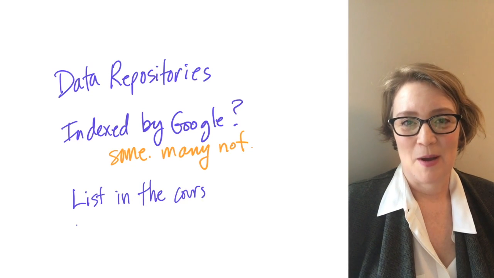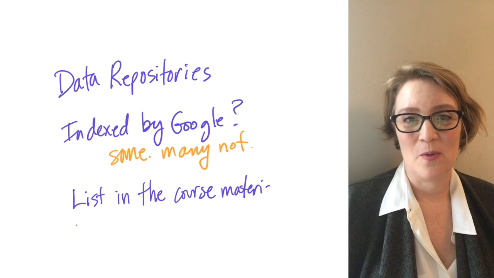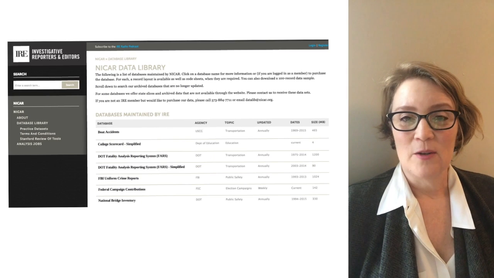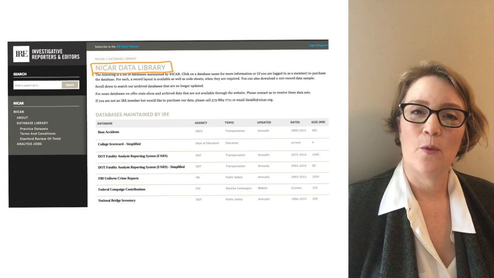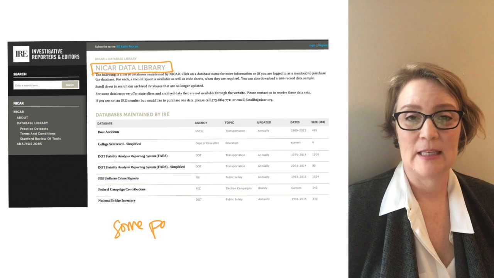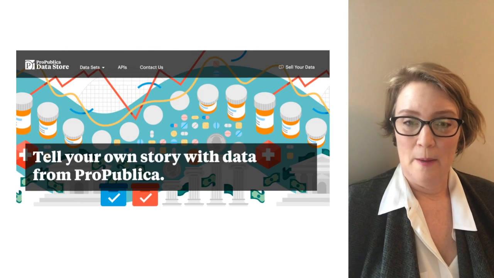And one of the great things about a MOOC is that you can go and make your own contributions, so we can all learn from you and find new data sources from you. Here's a couple of examples. NICAR maintains a database that has some very interesting things in it. You'll want to note that some of the data in this data repository is free and some of it you pay for. That's also true of